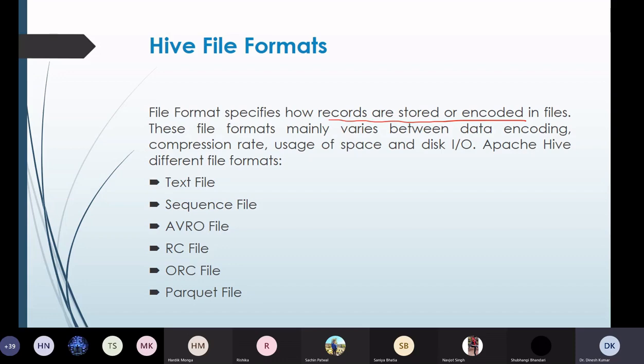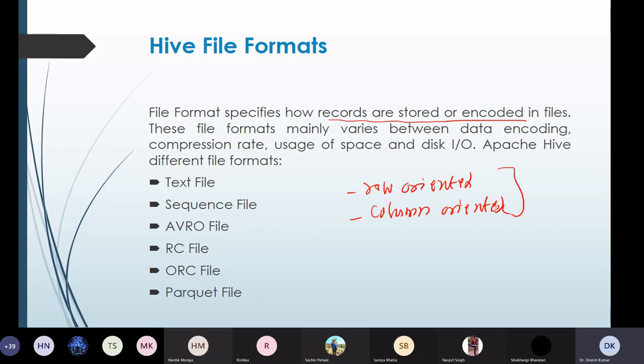There are different kinds of file formats which Hadoop and Hive support, but primarily they are categorized into two categories: one is row oriented and second is column oriented.